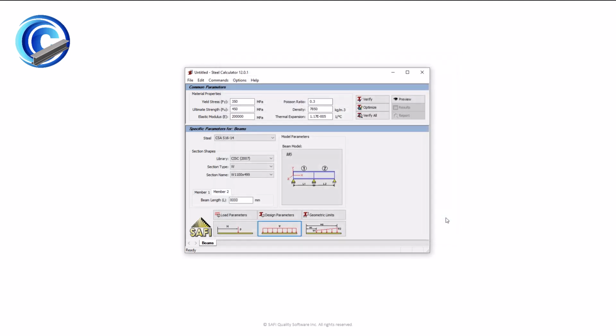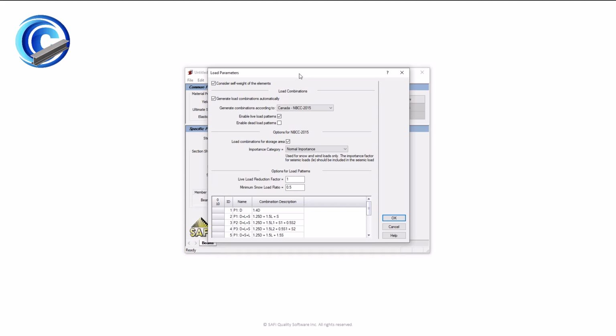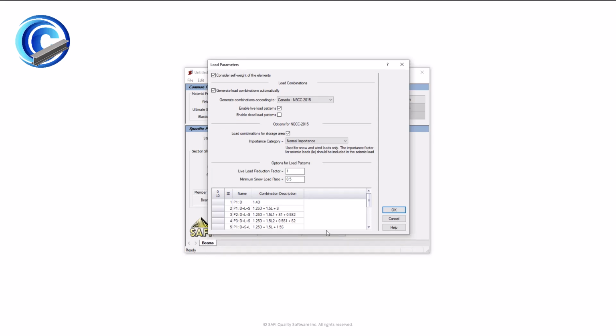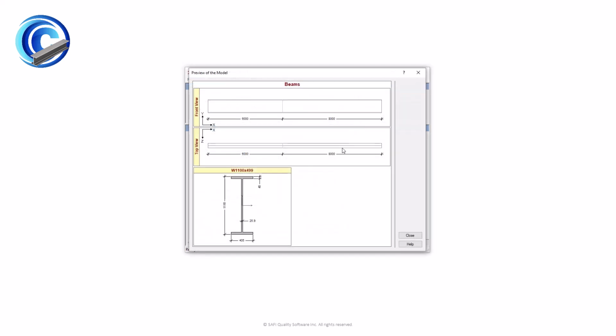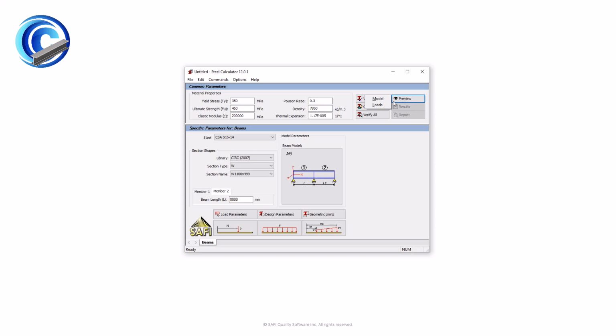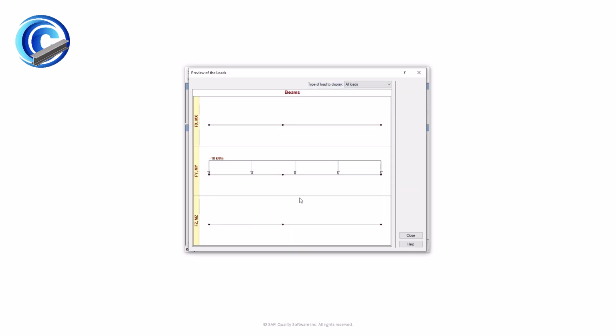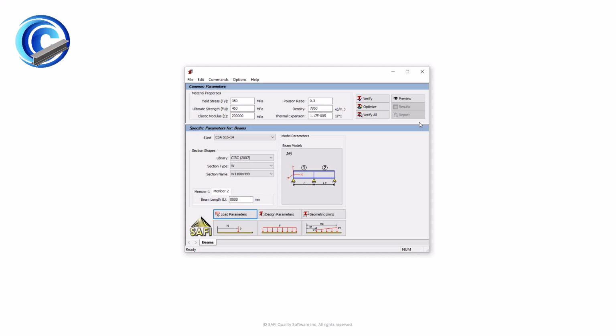We can then take a look at the different load parameters in this window. We can see which design code is used for the model, as well as the different design parameters. The load combinations are generated automatically from the design standards. The overview of all the load combinations are presented in the bottom of the window. We can see a preview of the model in this window, as well as a preview of the section used. And we can also view the preview of the loads in this menu for all loads or for a specific load type. We can now launch the verification of the default section,